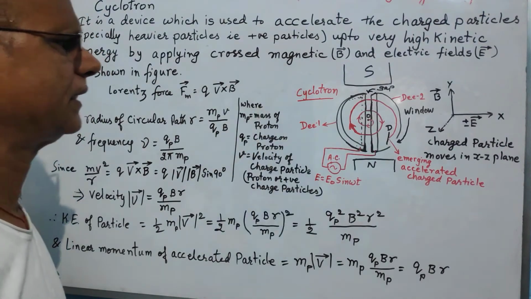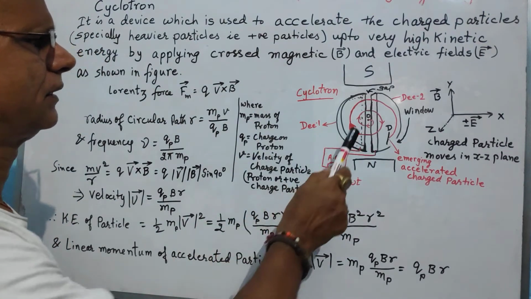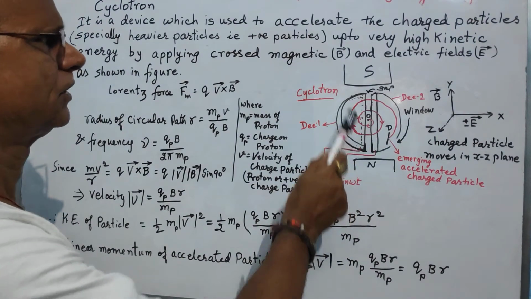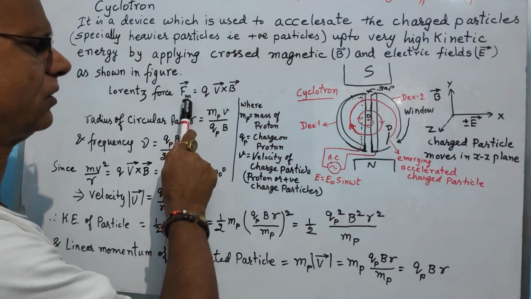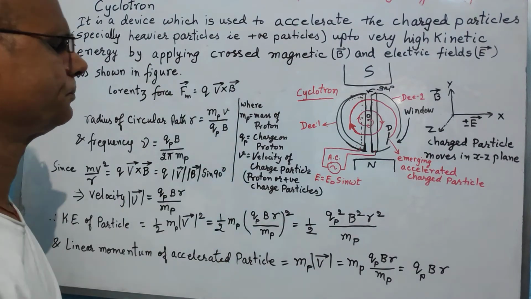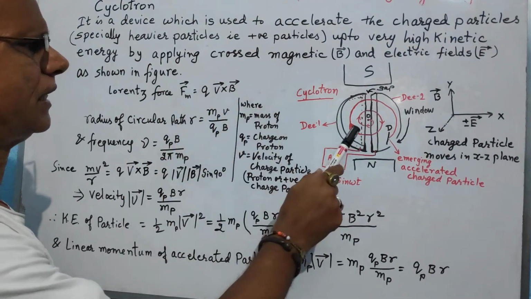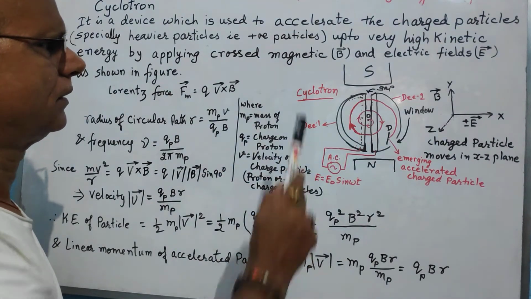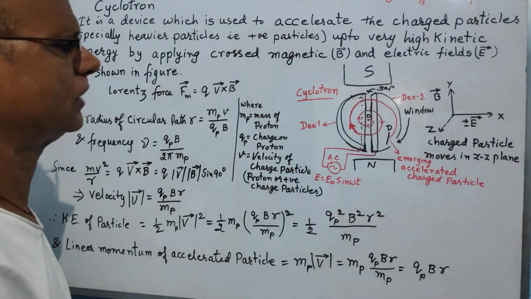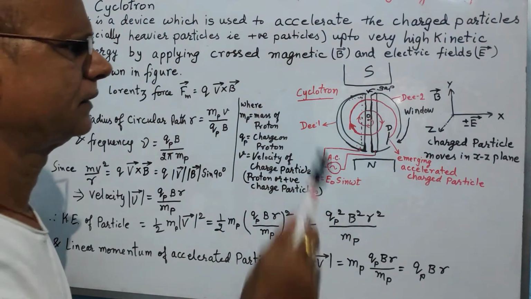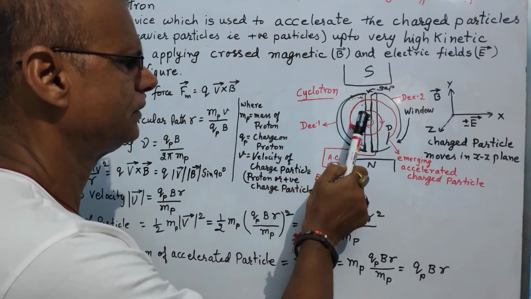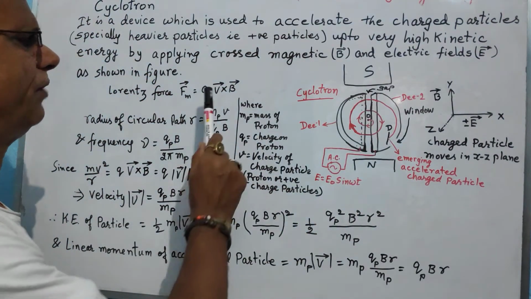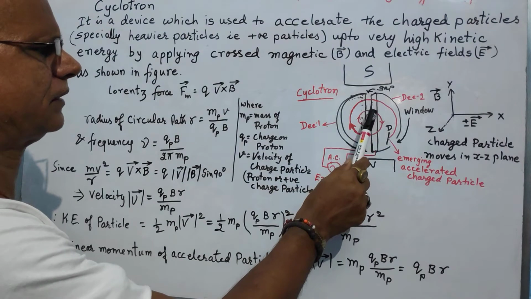Once it enters the D of D1, no longer does an electric field act on the charged particle, but the Lorentz force acts on it, and due to this the charged particle now moves in a circular path. But this time the radius of that circular path will be greater than that in the previous case. This is because the velocity of the charged particle after crossing